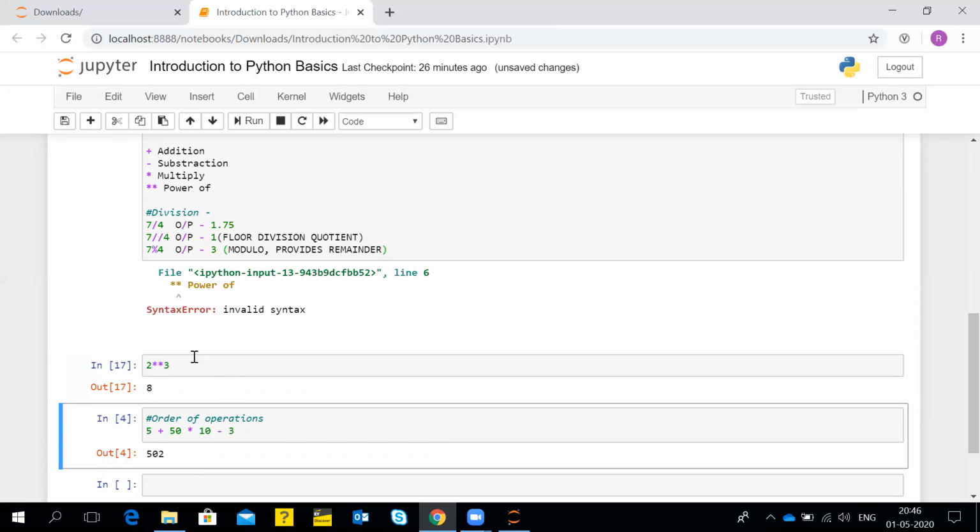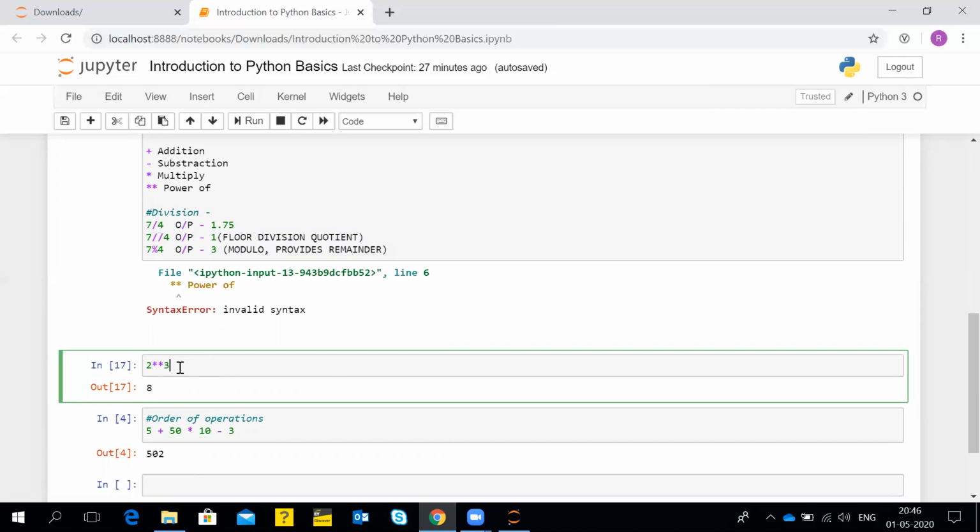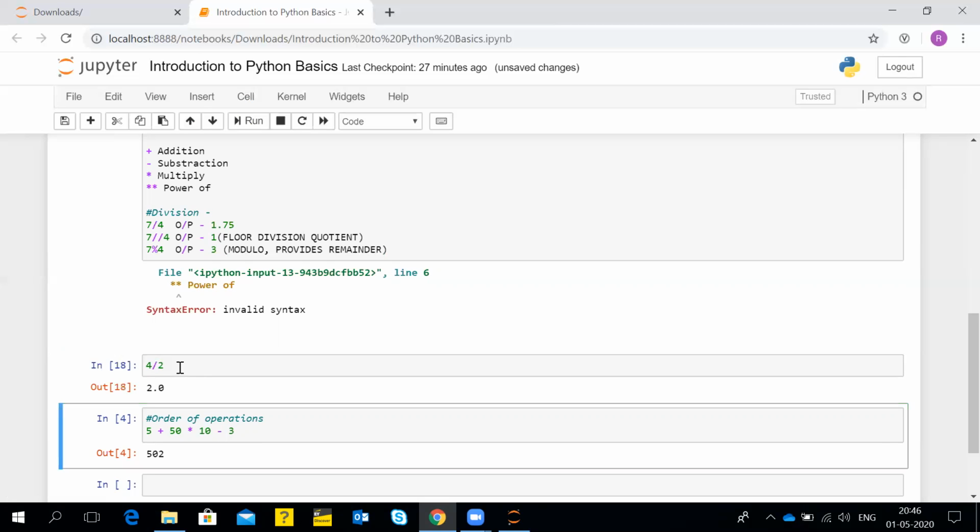Now coming on to the division part, that is why I have mentioned over here what all the things are shown by what all the operators. If I talk about the first operator, that is the forward slash operator, it will directly give me the quotient with the decimals also if present.